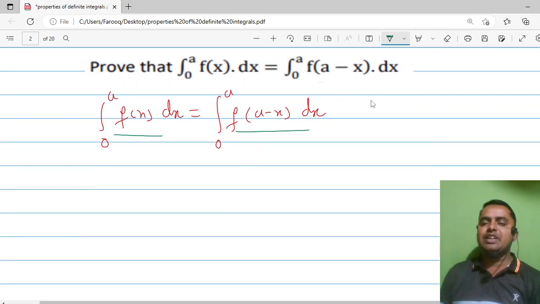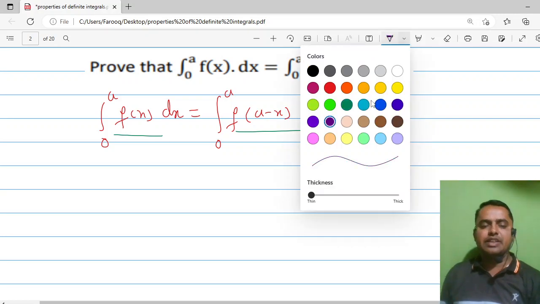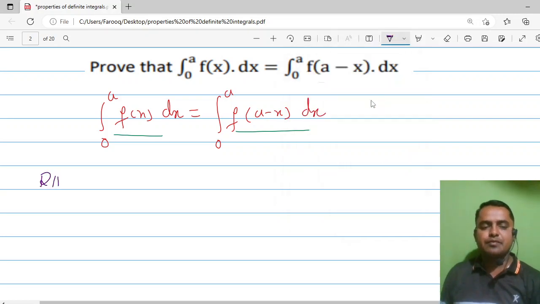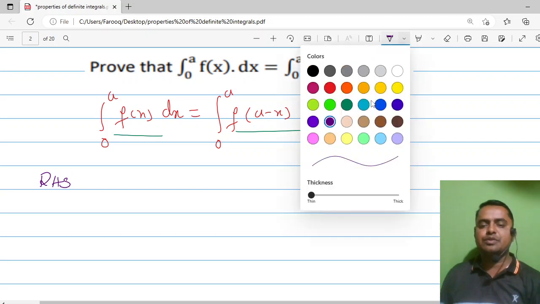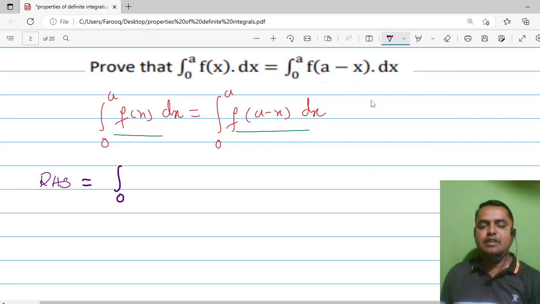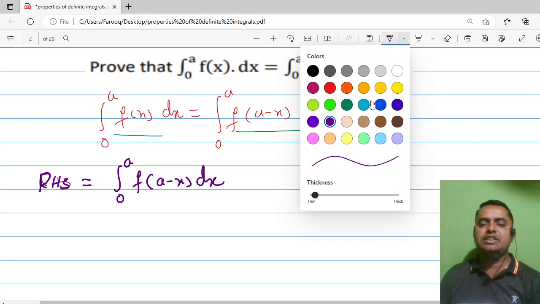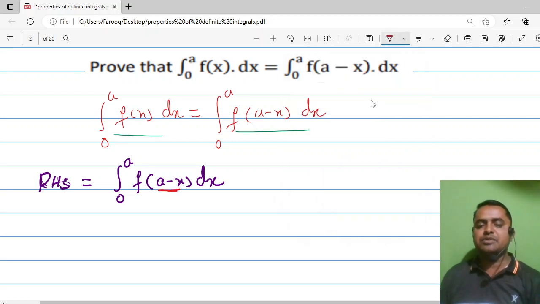So to prove this, I will take the right hand side first. Take RHS. RHS is equal to integration of 0 to a f of a minus x dx. First consider the RHS, that is the integration of 0 to a. Now after taking the RHS, to take a minus x as the substitution,